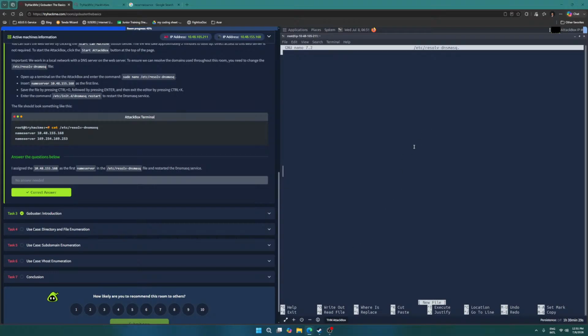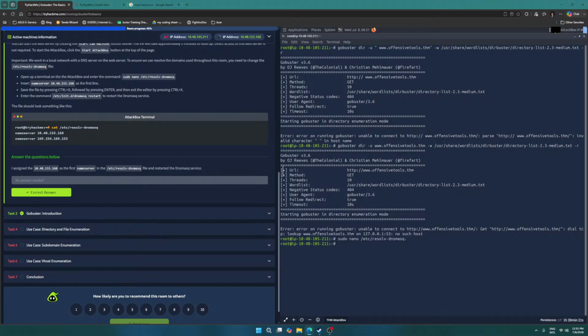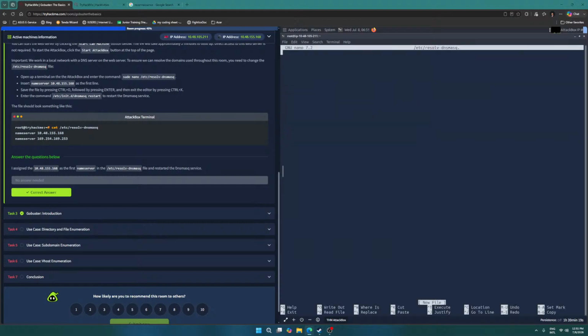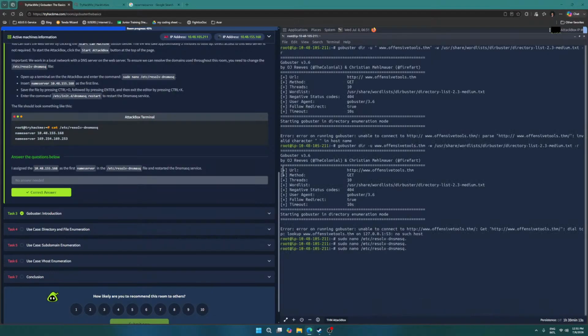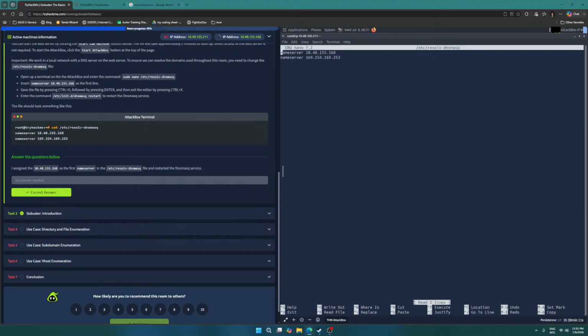Yep, somehow it is empty. Somehow my DNS resolver is empty. And why is that? Oh no, it's not empty. I put the wrong thing here. Okay, so